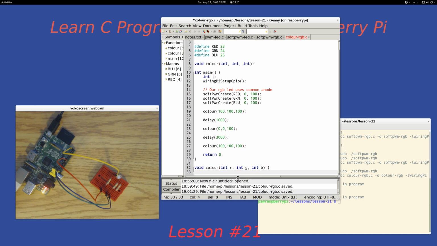And red comma R, and we can just repeat that twice, I guess, and repeat it once more, and just do that. So this should be GRN, and that should be G, that should be blue, BLU. So let's save that,